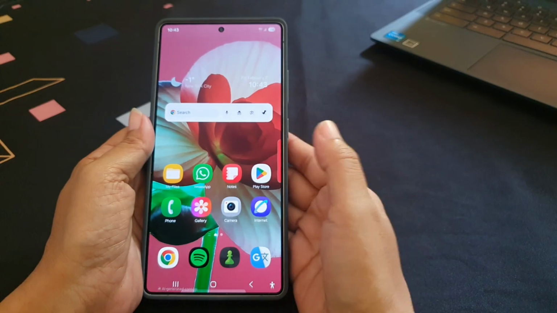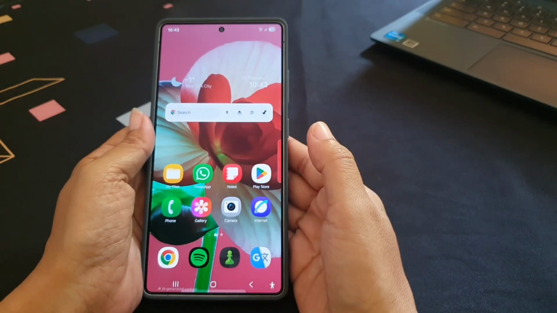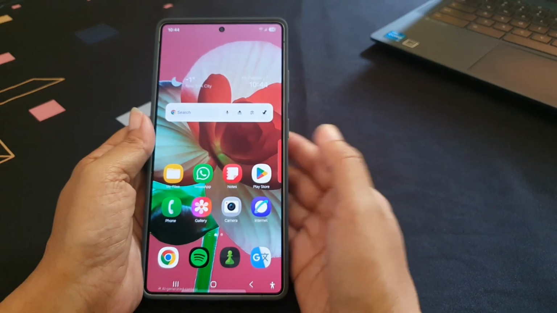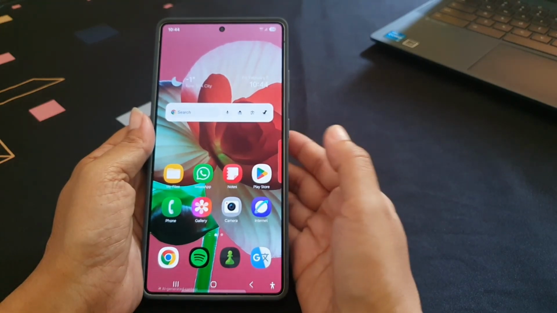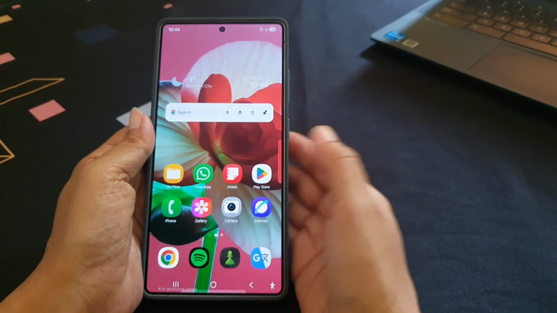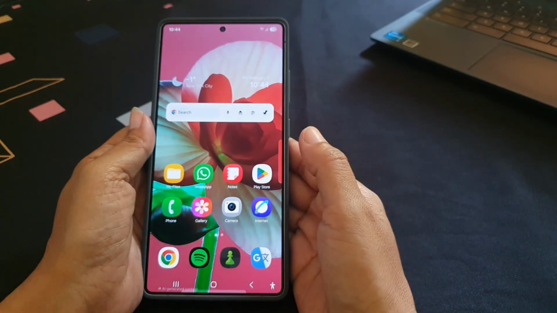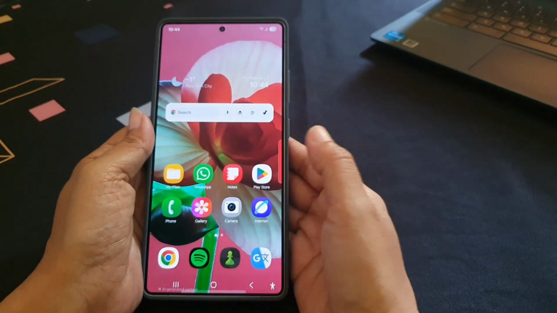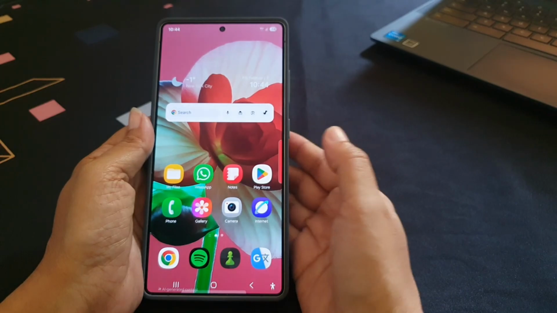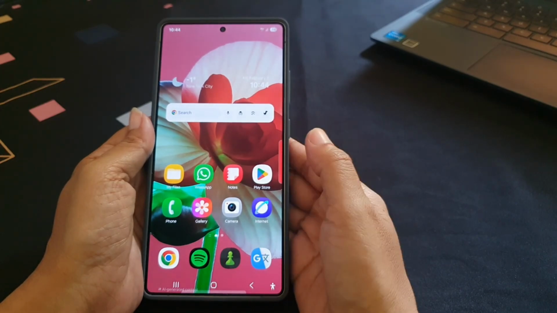To change the order of panels in the quick setting panel on Samsung Galaxy S25 Ultra, since by default the panel setting is set to separate and quick settings panel is set on the right side. So to access the quick setting panel, swipe down from the top right corner of the screen.